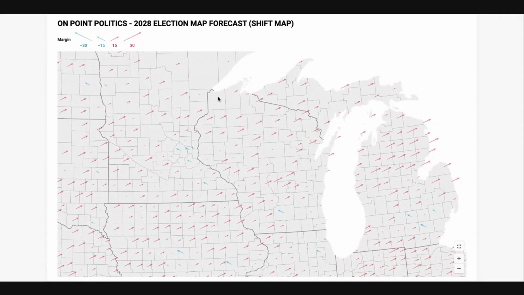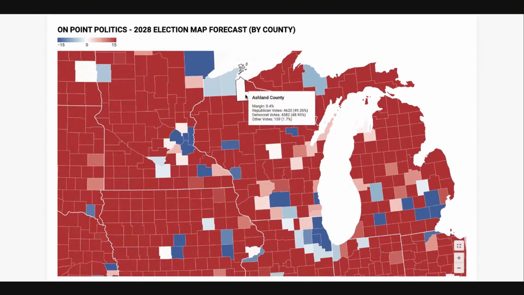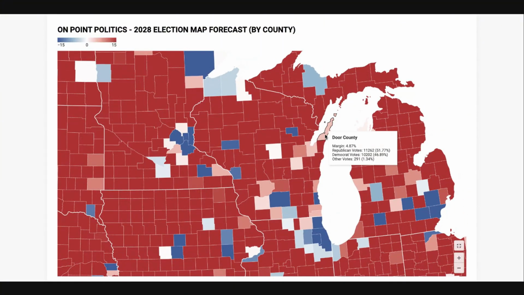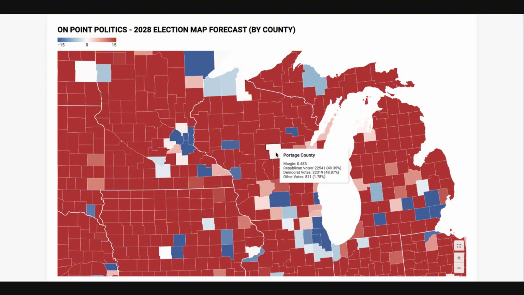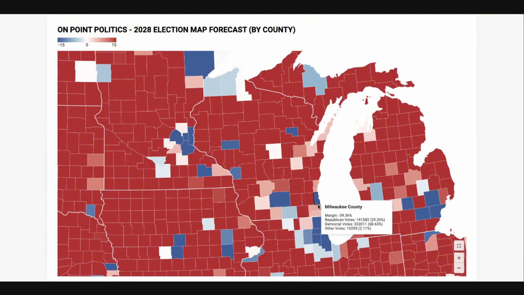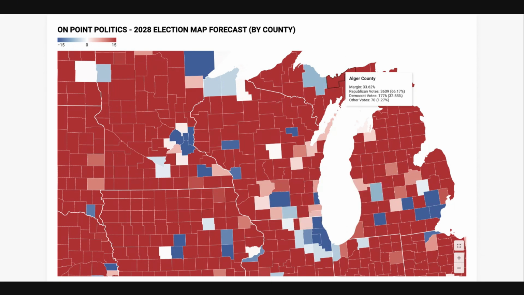And even in Wisconsin, you have Ashland County flip to Vance, and Door County ends up completely swinging to Vance. Ozaukee and Kenosha get closer, but Portage flips to Vance. So does Iowa County and a lot of these other places. But you do see Dane County get a lot bluer. Milwaukee, believe it or not, I actually think ends up getting a little bit more blue.